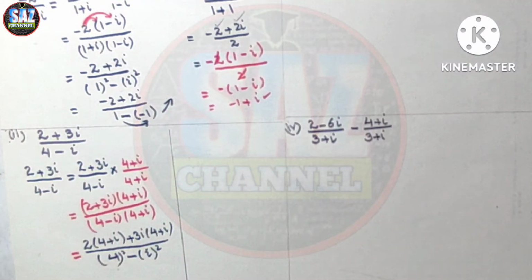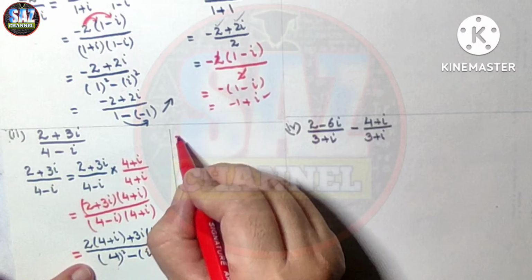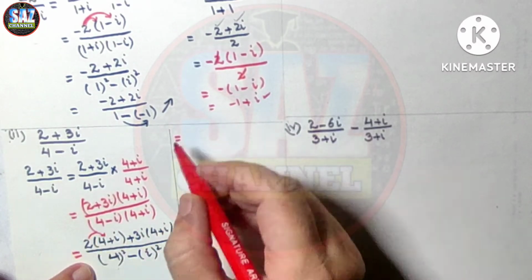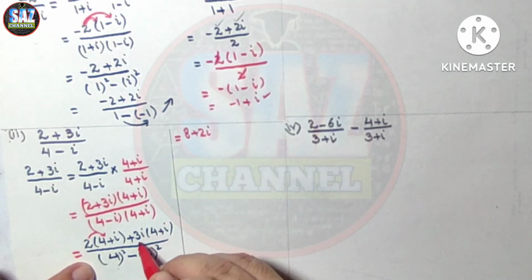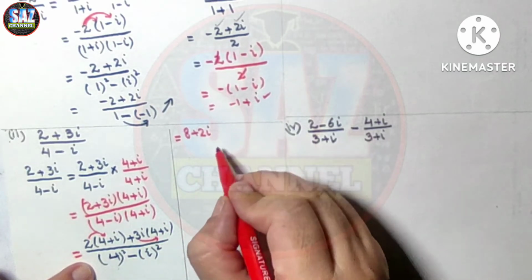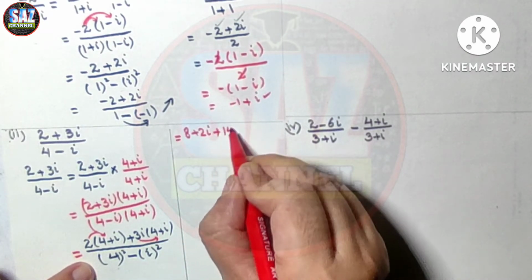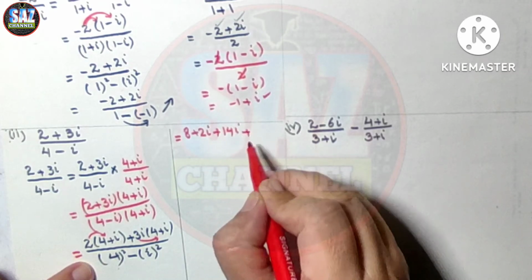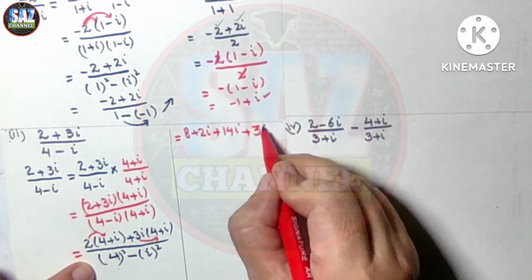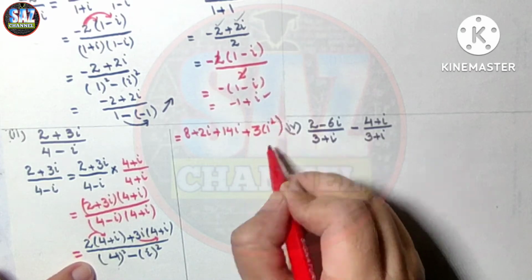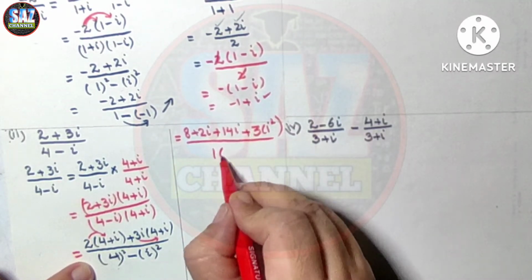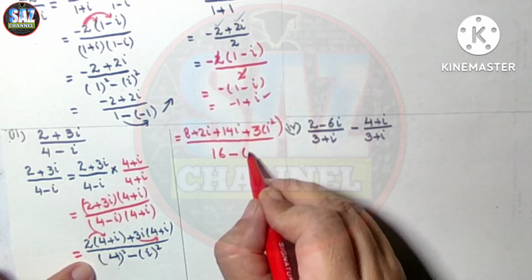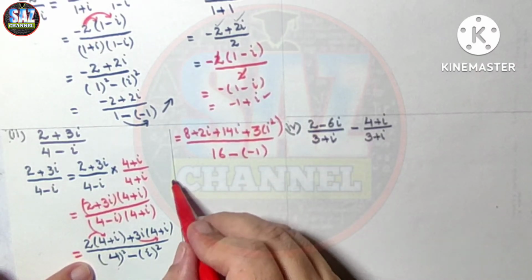So, this will become 8 plus 2 iota plus 12 iota and plus 3 iota square upon 4 square is 16 minus iota square is minus 1, and now